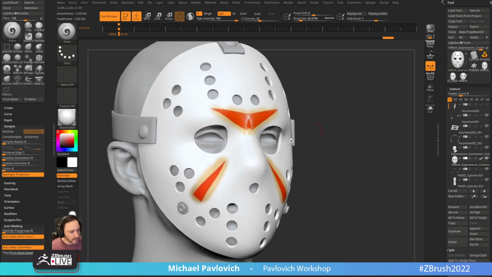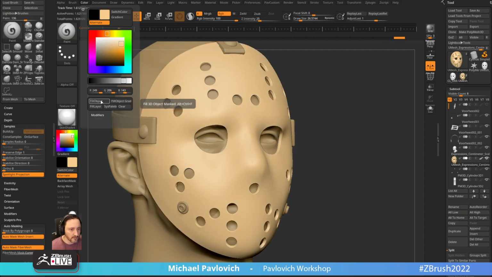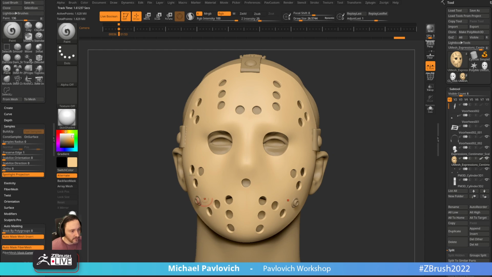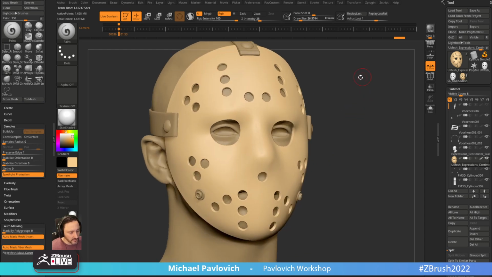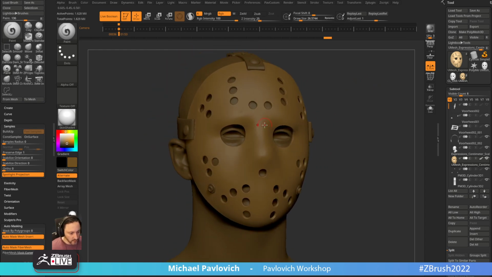If I want to sample a color, I can just hit C and that'll sample that color. I can do Control Alt F, which is my hotkey for color fill object. We can just fill this with a solid color, and in fact what I might do is fill it with kind of a desaturated grunge color. So now when I go through here and I want to kind of